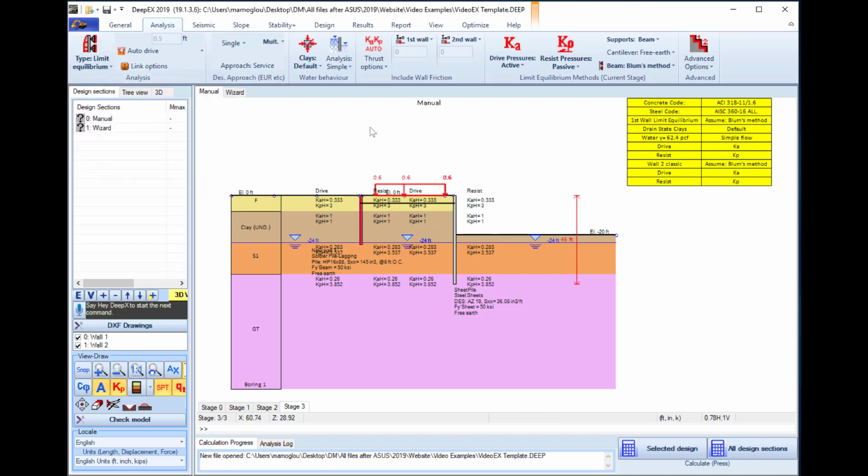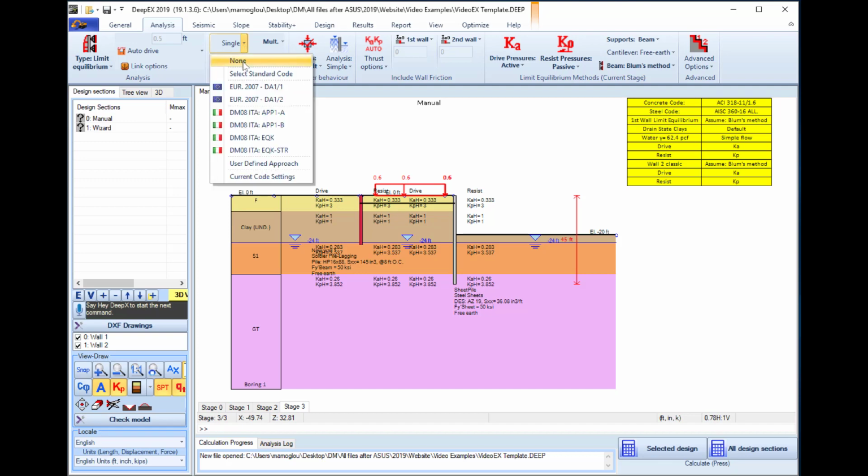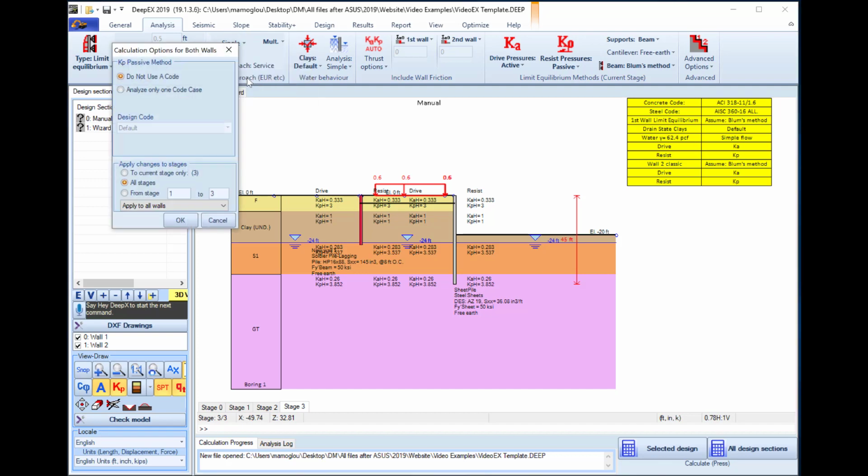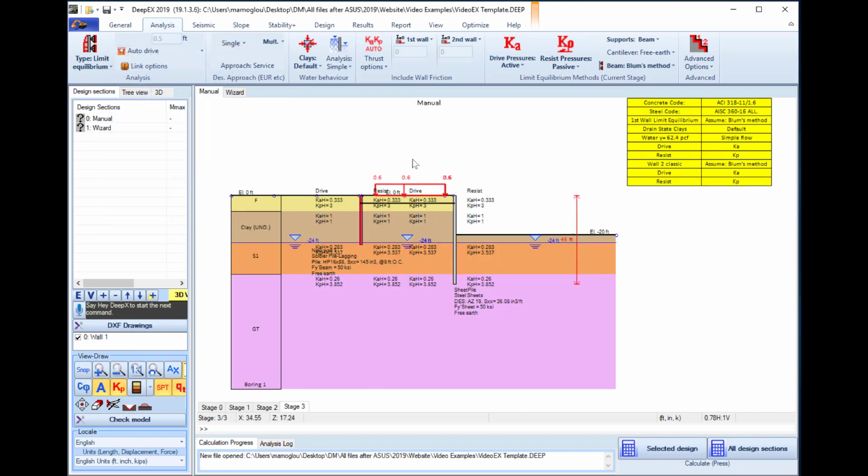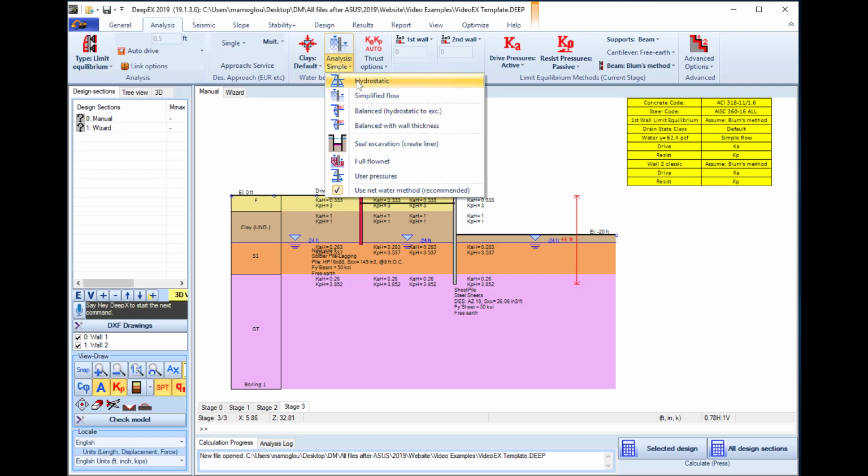If we wish to assign any geotechnical standards, we can do it from here. We can select a design code, analyze a code case, and we can select any design standard and any load combination from this standard. In this example, I will not use a standard. I will keep the simplified flow analysis for my water pressures, else I could turn to hydrostatic or perform a